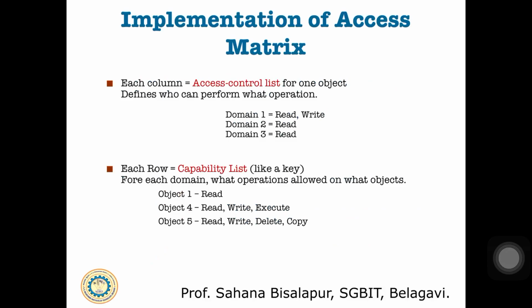Now when we want to compare these mechanisms, we saw the global table, access control list, capability list and lock-key mechanism. As we already mentioned, using a global table is very simple, but it is very large to manage as it requires more memory. And the access list corresponds directly to the needs of the user. Whenever a user creates an object, he can specify which domains can access the object, as well as what operations are allowed.